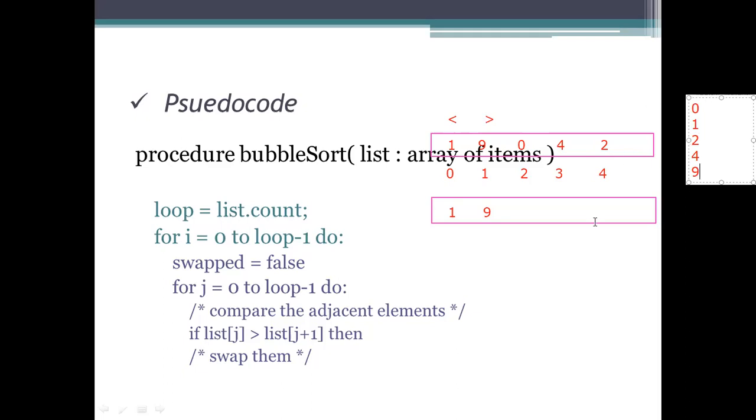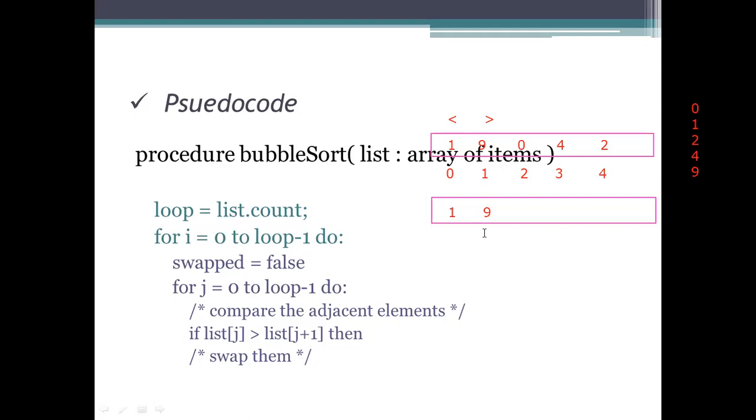So here we need to compare as many times as needed. We need to compare with all the elements except that element itself. That's why we are taking the loop count, which is how many times we need to compare these values. The count of the list here is 5, so 5 has to be the number of loops we need to process.